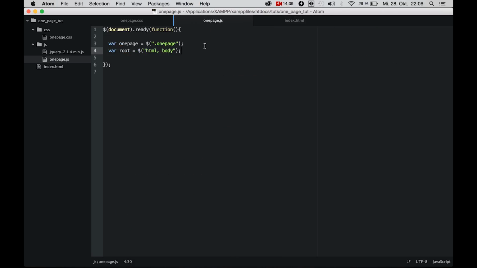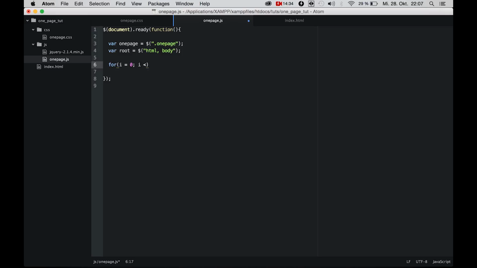So what we're now going to do is we need to create a for loop, because we don't know how many divs with the class name OnePage exist. So we create a for loop and say index i equals 0 as long as i